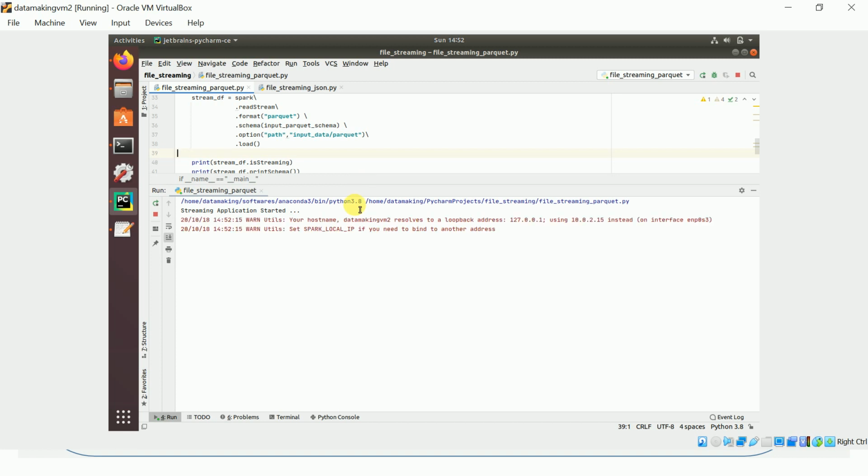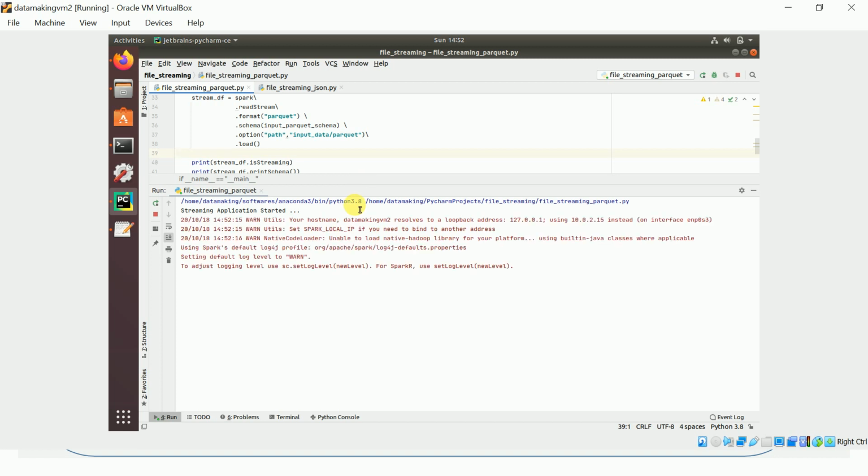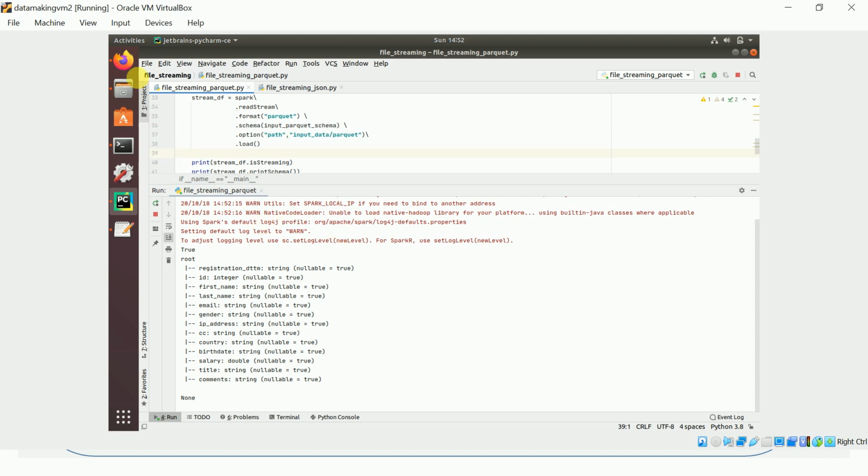Once this is started, I will show you the Spark Web UI and the streaming dashboard. In recent versions of Spark, they introduced the streaming tab in the Spark Web UI.